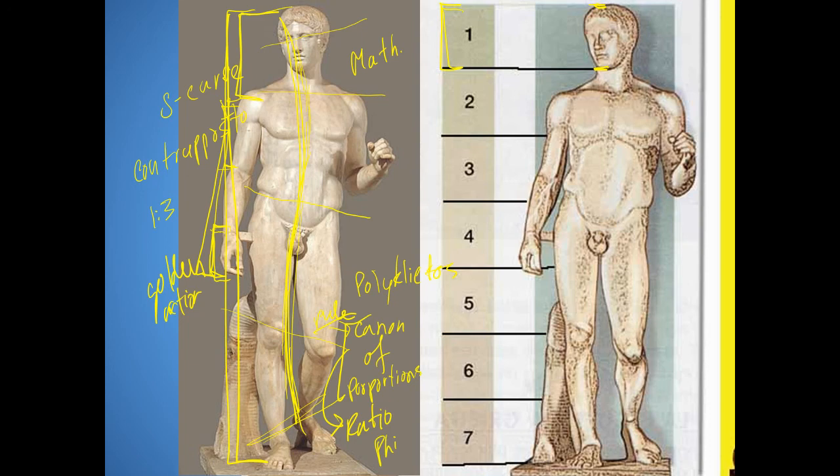So again, though, here's why we don't know. The reason we don't know is what we're looking at here is actually a Roman copy. The Romans fell in love with the statue, and they copied it like crazy. Later Roman emperors, this statue was found in like every major Roman bath throughout Rome, and there were Roman baths all across Rome. And a Roman bath, by the way, was a place that you exercised, worked out, went into the hot pools, the cold pools, and it was like a place to sort of take care